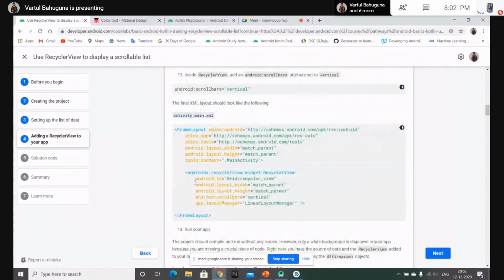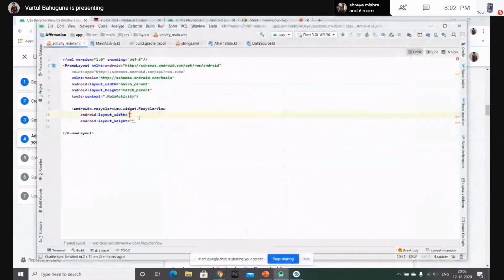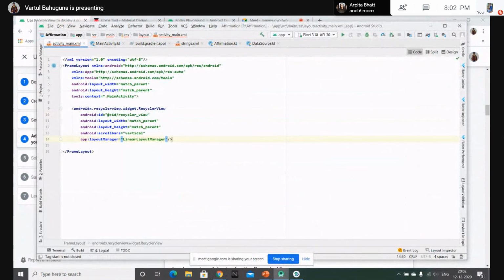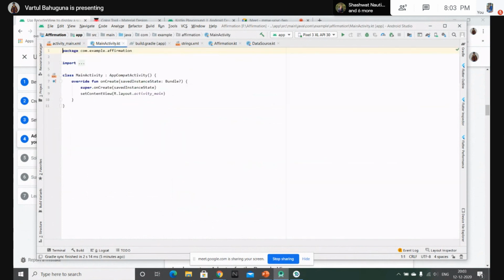Okay, and let's just copy all code from here, paste it. Okay, so that's a recycler view we have created. But in design, you can see yes, a recycler view is set. But if you run this app, you won't find anything because the data that needs to be displayed in this recycler view, we have not set that data. So for doing so, we need to have an adapter.